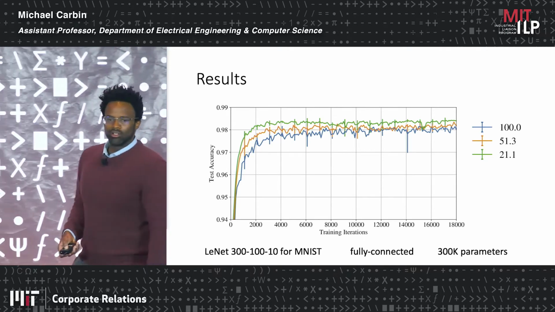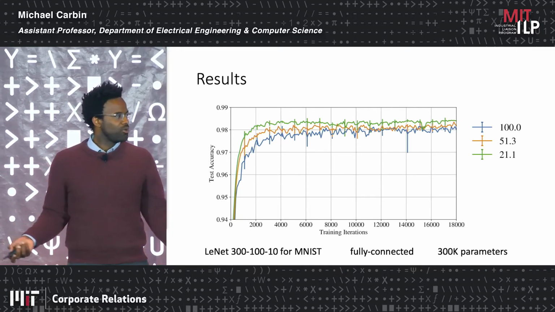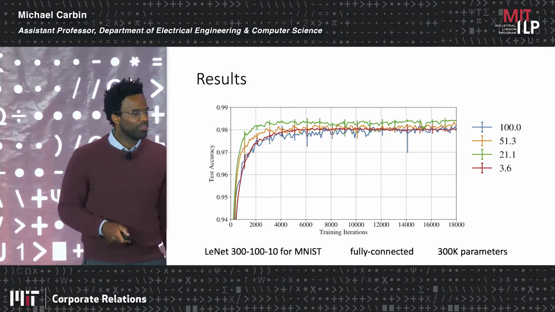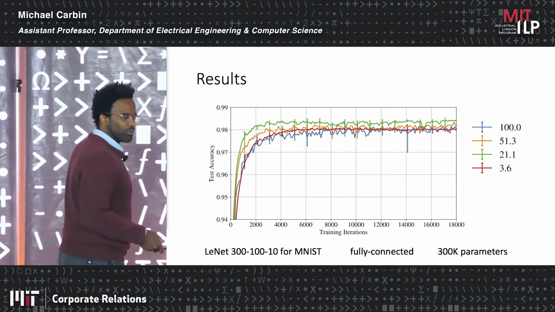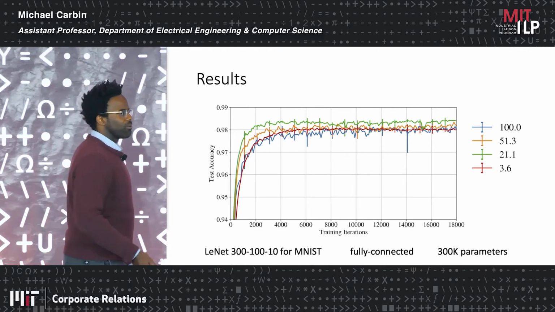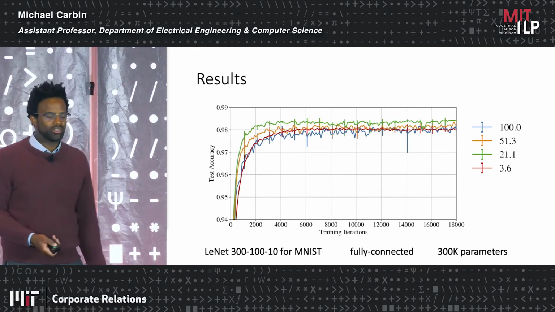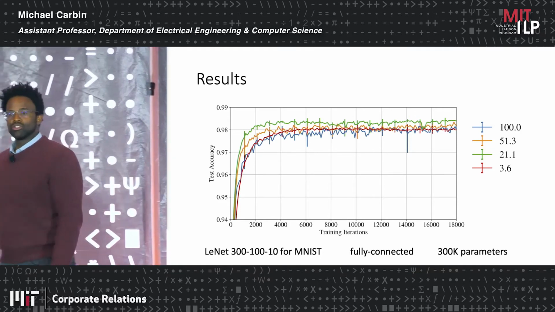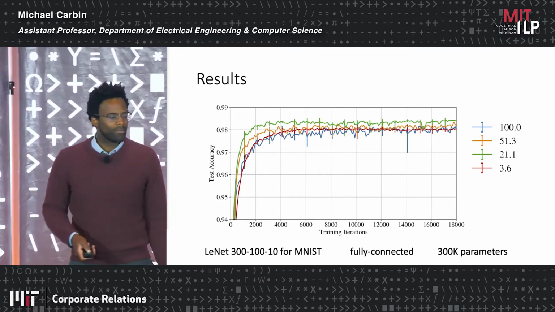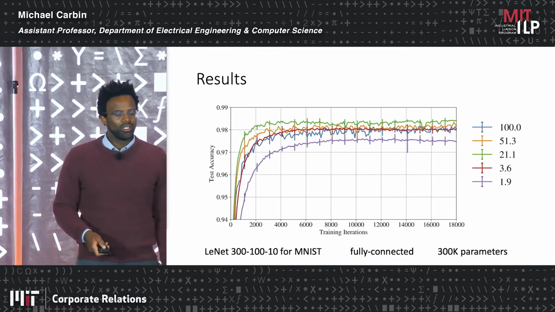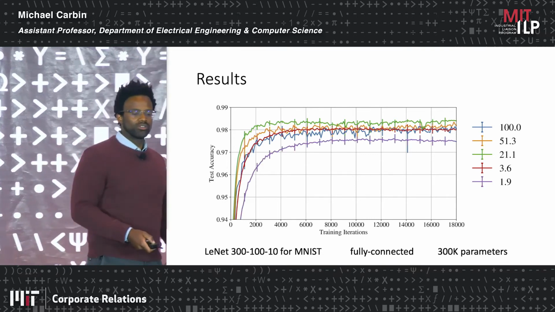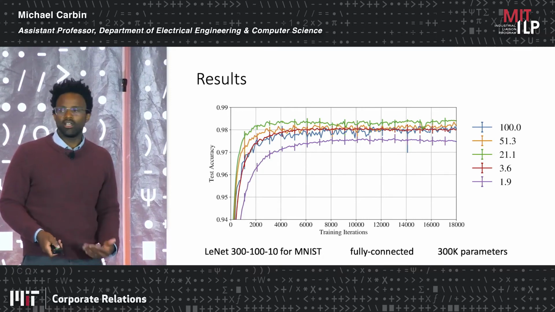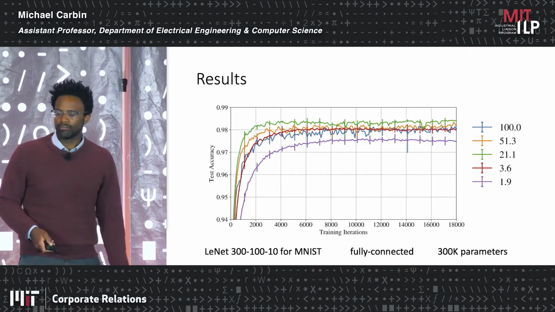Now, of course, this doesn't go on forever. You know, the zero network, that network with no weights, isn't going to do anything for you. But when we get all the way down to about 3.6% of the weights remaining, we can see we now have a network that is equally accurate, trains just as quickly, but is an order of magnitude smaller than that original network. Of course, as I mentioned, this can't go on forever. When we get down to 1.9, we start to lose accuracy. But nonetheless, there is some opportunity here to make these networks significantly smaller, yet still train.